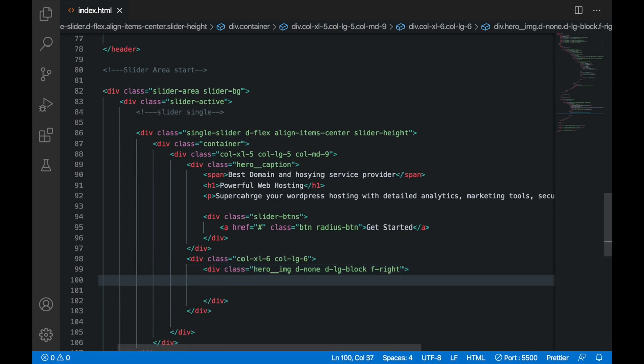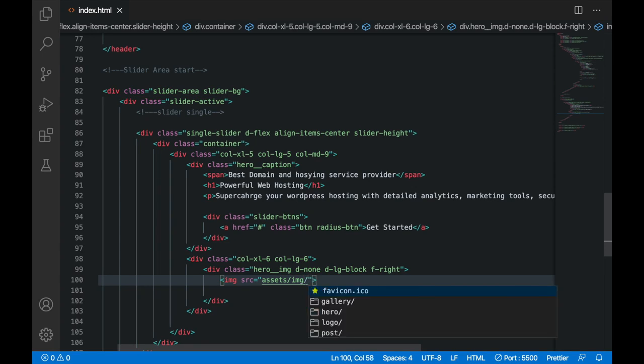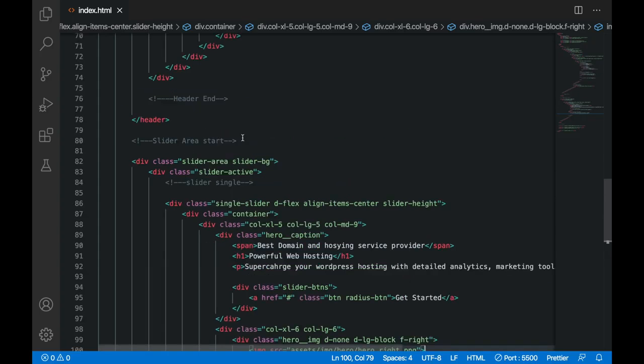And inside this we have to link our image using the img tag. We have to specify the source and it's present inside my assets, then images, and it should be img here. And there is a folder named hero, and inside hero there is hero-right.png, so it's already predicted here, and that's it.